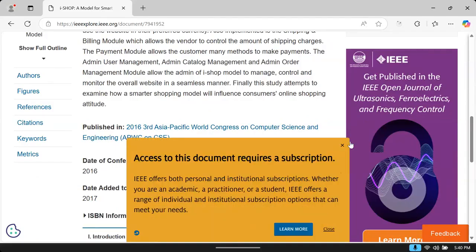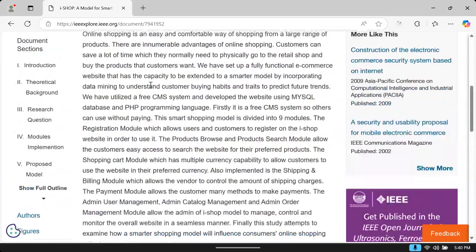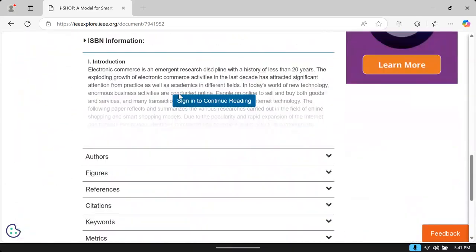That means it is going to give you all the project related details, but a complete document will be there. You can click here, sign in to read, continue reading all the document. In that document, they will give you complete information about the project. By reading that information, you can build an app. But this document is not free. So you have to buy and use it, right?